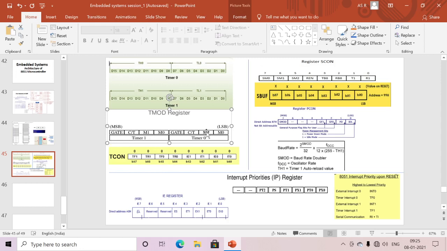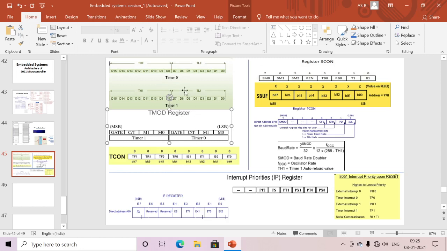Okay, for example, mode 0, mode 1. If I want to select a particular mode, we use M0 and M1 here. In the timers section we will discuss the modes more; here, just M0 and M1 are used to select the particular mode. Here we mainly discuss C/T bar, which decides whether I want to use the counter or the timer. Initially C/T bar means the flag is 0. That's why initially timer 0 and timer 1 are used as timers.